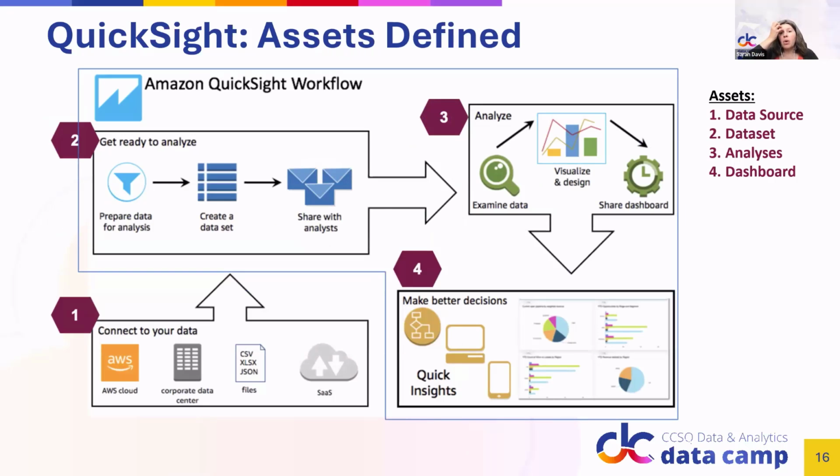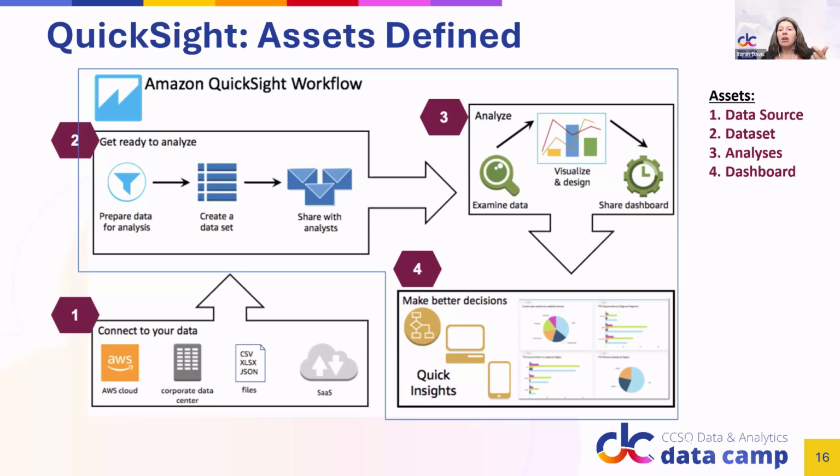So to cover some of the QuickSight lingo, things within QuickSight are called assets. Also, things outside of QuickSight, they call assets. So the first one is your data. That is called a data source. It can reside on AWS, in some ADO account, or some database. You can also upload flat files into QuickSight, but that flat file itself is still considered a data source. Once you bring it into QuickSight, it becomes a data set. So that data set is an asset. You can share it with other dashboard developers.